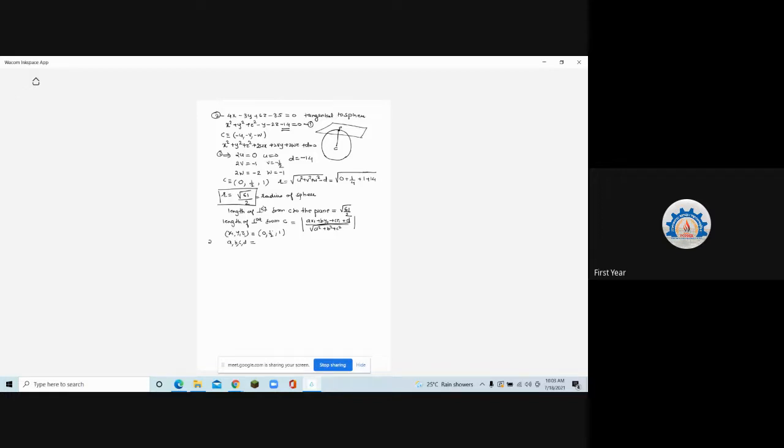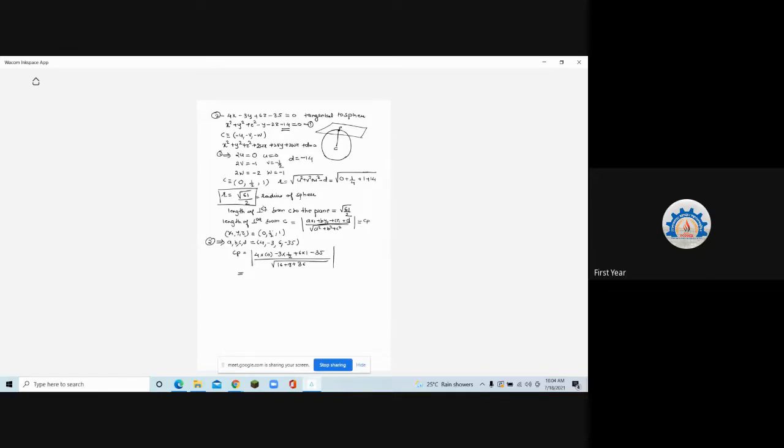So from equation 2 what will you get? You will get the values of A, B, C, D of the plane. What are those? 4, -3, 6 and -35. Okay. So put it in this equation. Then I'll call this CP. So CP becomes equal to, what is A? 4 into x1 is 0. Then what is B? -3 into y1 is half, plus C, that is 6 into 1 z1 plus d. But here what is d? -35. So upon root of a square, that is 16 plus 9 plus 36.